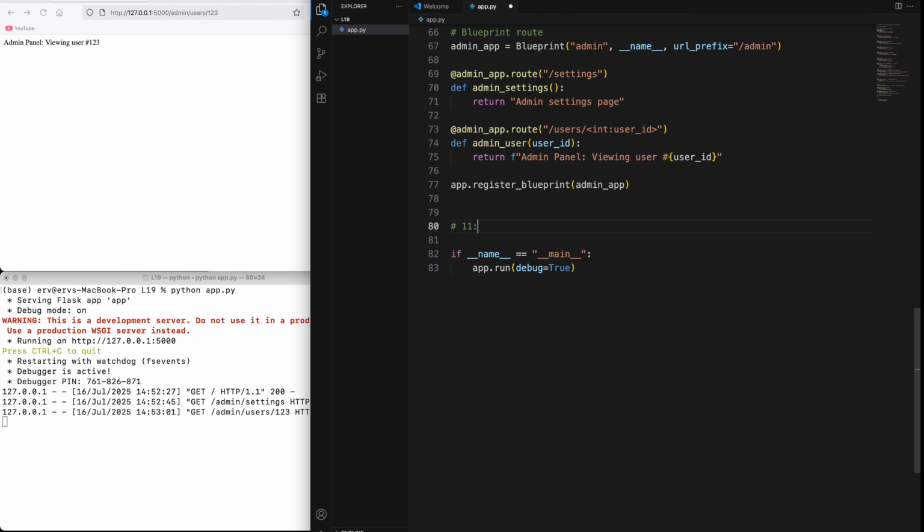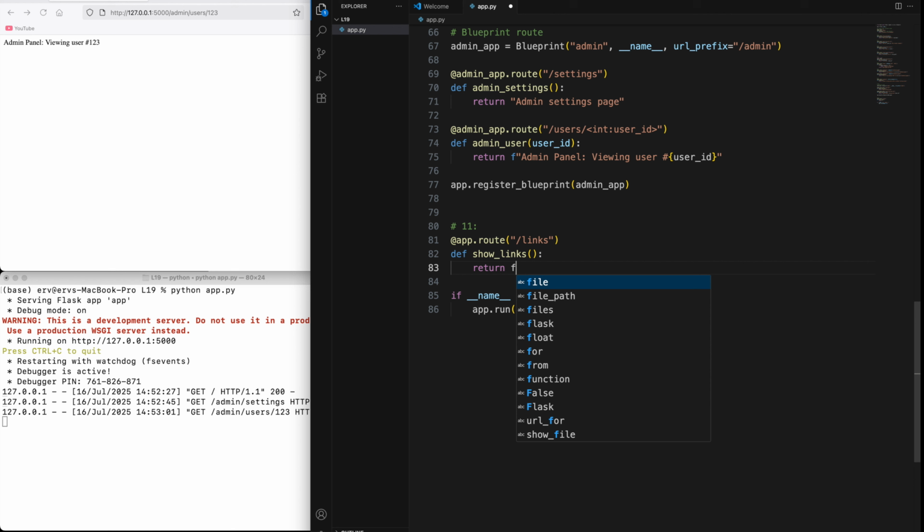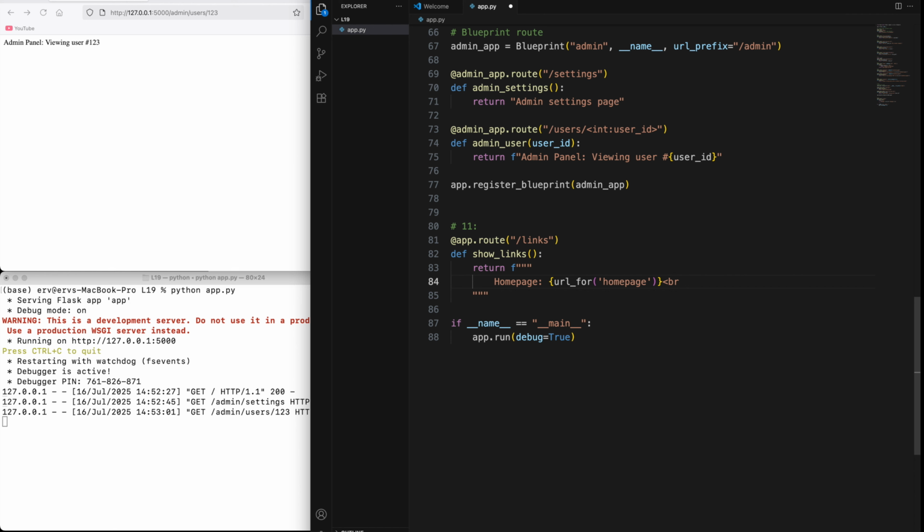Finally, number 11. Let's create how we can use url_for. So at app.route, we are back to app.route, and then here we say route, links, and we create a function show_links open close parenthesis, and we return an f string like so, and inside of this we are going to type home page, and so url_for home page. And what is the URL for home page? Just a home page. Then we say break,